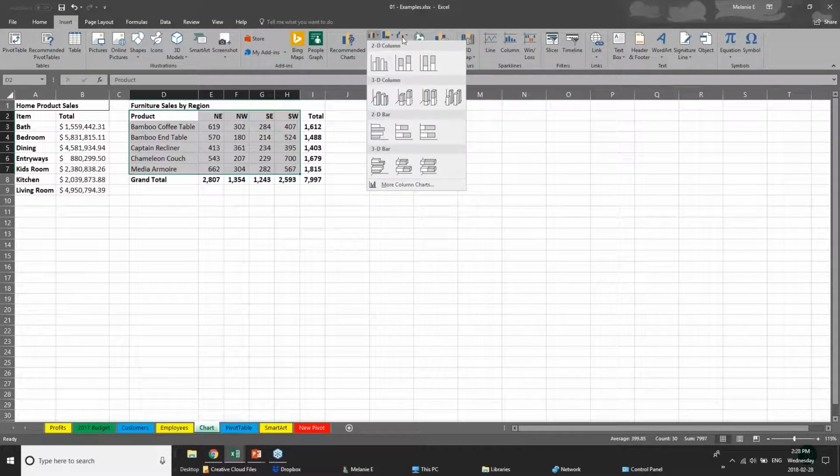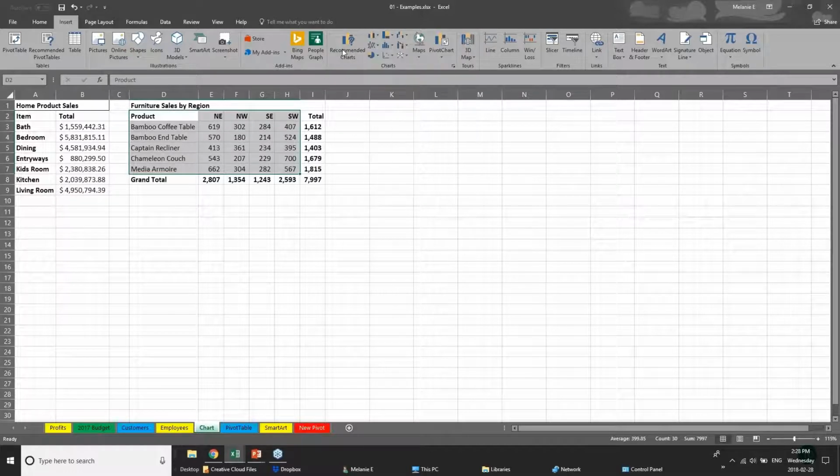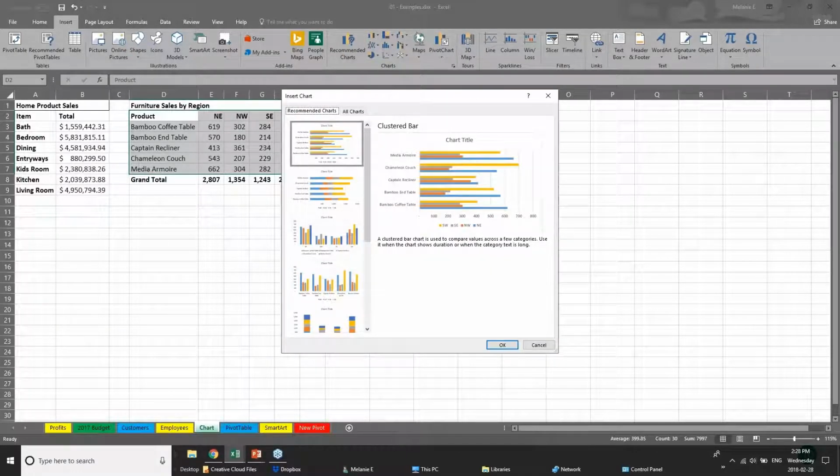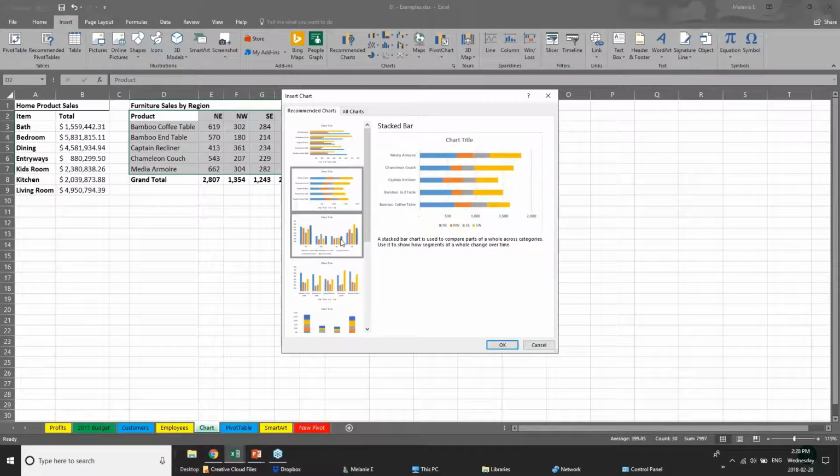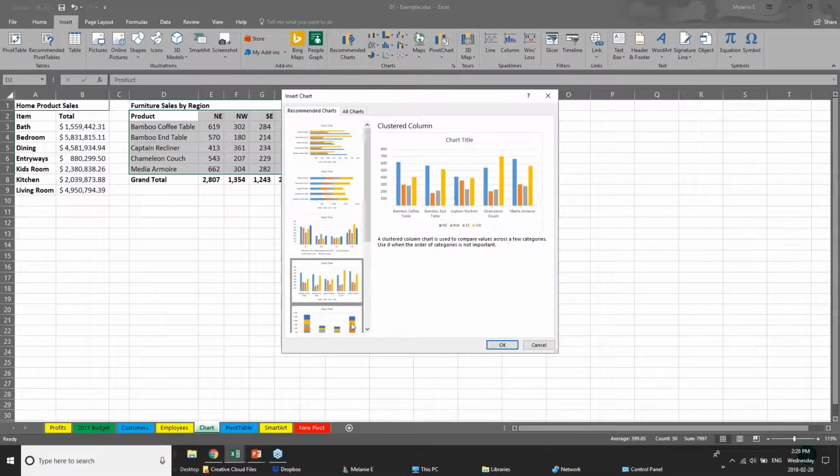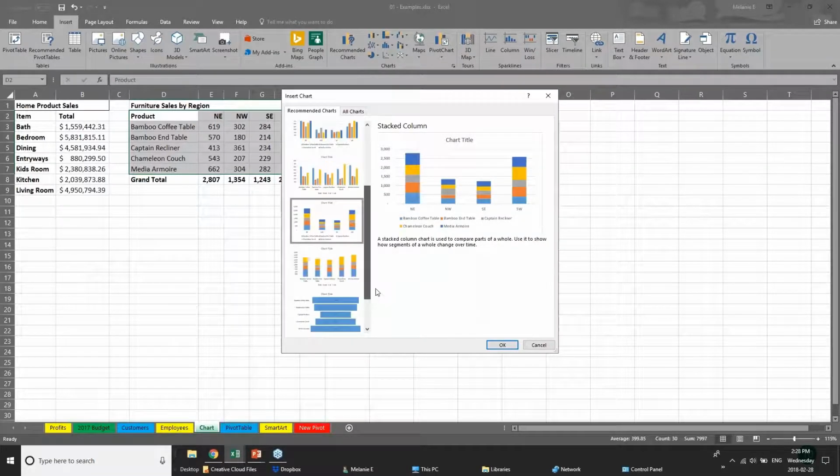There's bar charts, column charts, pie charts, whatever you'd like. But a feature with 2016 is that PowerPoint, or Excel, has recommended charts. I love this because one of the most commonly asked questions is, what chart should I use to best show my data, because there are so many different charts? The fact that it has some intelligence, it will look at your data and just